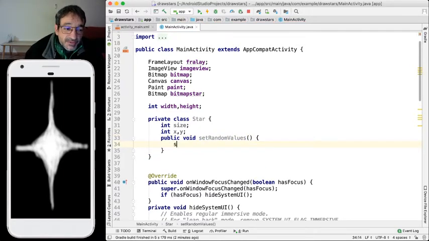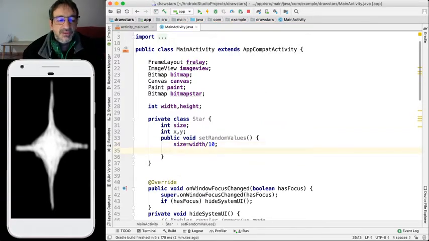For example, for the size, I'm gonna choose, well, okay, let's begin with a fixed value. For example, the width divided by 10. So yeah, let's begin by setting a fixed size for all our stars. Okay, but for the position,